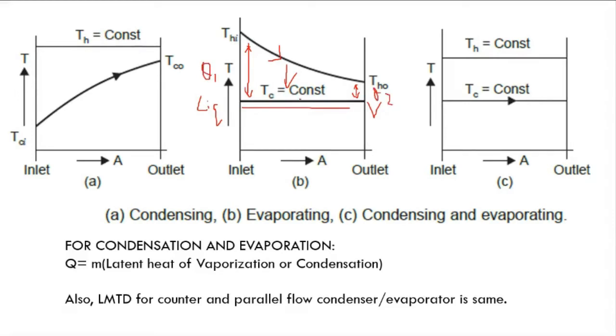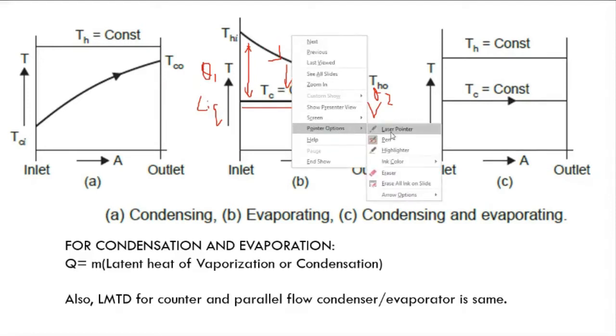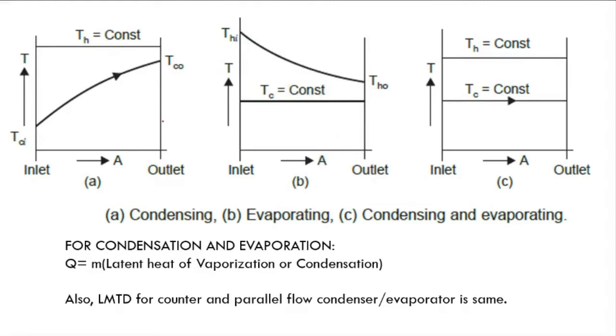If you use a counter flow arrangement, what is going to happen? The direction of this fluid will be reversed and it will be flowing like this. In this case also theta 1 and theta 2 values remain the same. If theta 1 and theta 2 values remain the same, it means the LMTD value will be the same for both the cases. Is that part clear to all or any doubt in this logic? Clear, sir. Okay. No, sir.